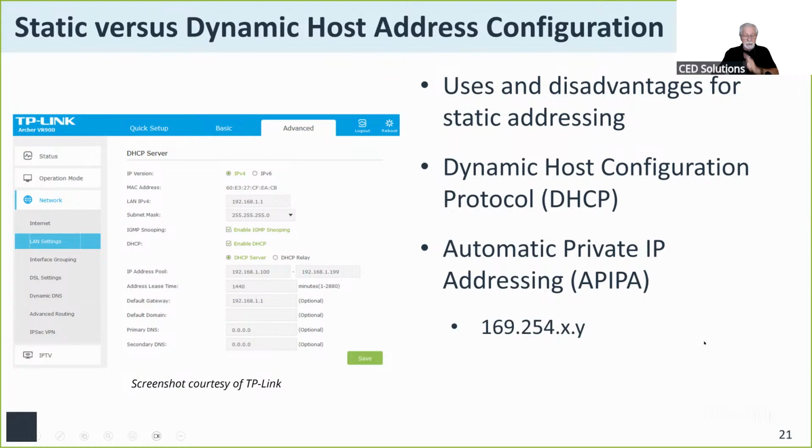There's only one reason a system gets an APIPA address, and that's because when you go to log into your session, for some reason, and it could be a number of reasons, you cannot make contact with the DHCP server to get your IP address. So Windows automatically will assign this APIPA address, automatic private IP addressing. Now it will allow you,